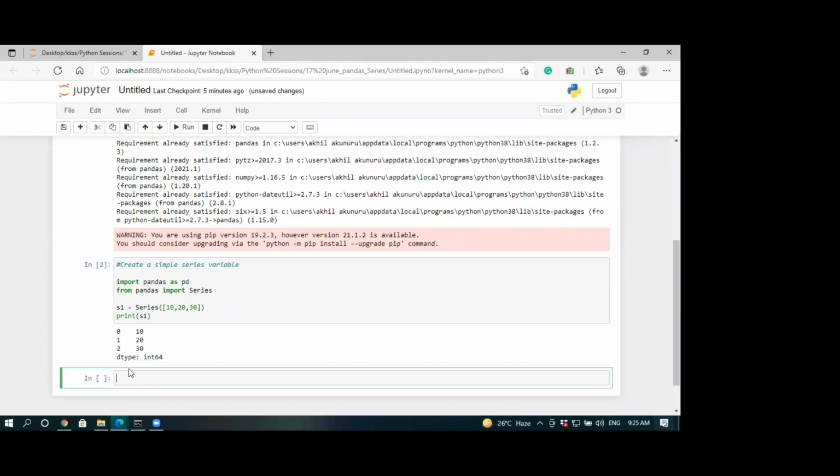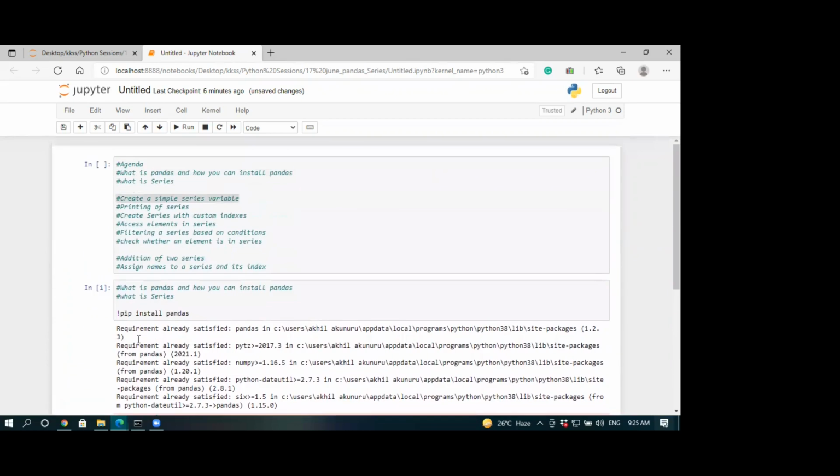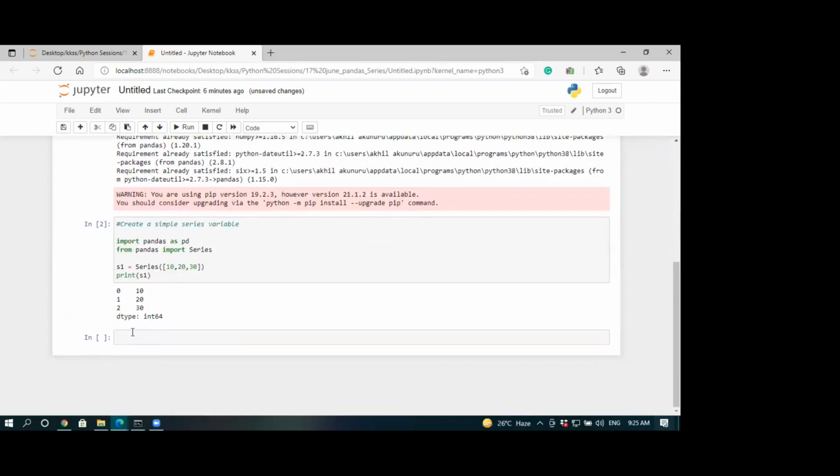Any doubts as of now? Okay, then let's proceed to how we can print a series. I'll copy that. Series is like a data set where you can store array elements, just like a one-dimensional array with a numeric as well as alphabetical index.